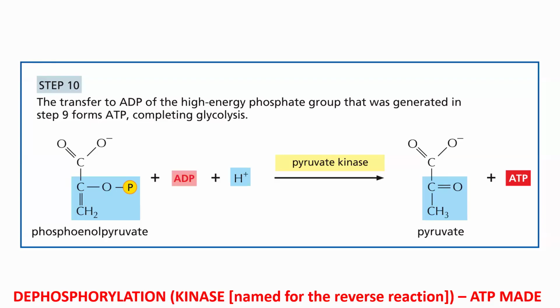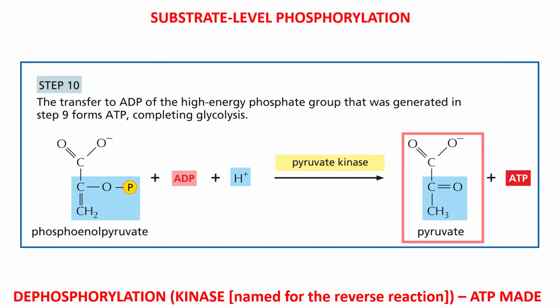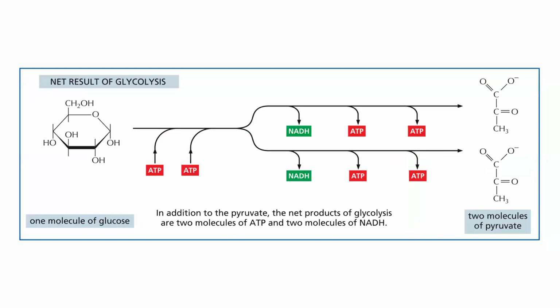The enzyme that catalyzes this is called pyruvate kinase, and that's actually the name for the opposite reaction, right? If I read that pyruvate kinase, I'm an enzyme that phosphorylates pyruvate. Well, that actually describes the reverse reaction. We're dephosphorylating pyruvate, but it still gives you a hint for what it does. And it's the only enzyme name with pyruvate in it, and pyruvate's being made by step 10. So yeah, another substrate level phosphorylation example here as well. And we've made pyruvate. We've accomplished the goal of glycolysis.